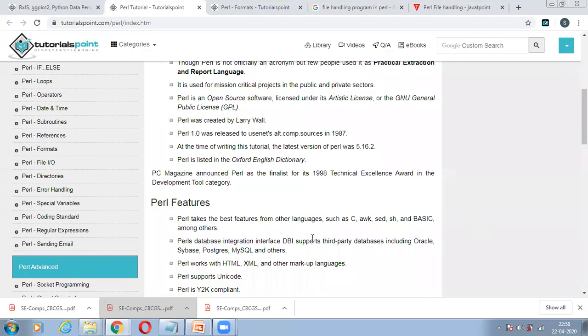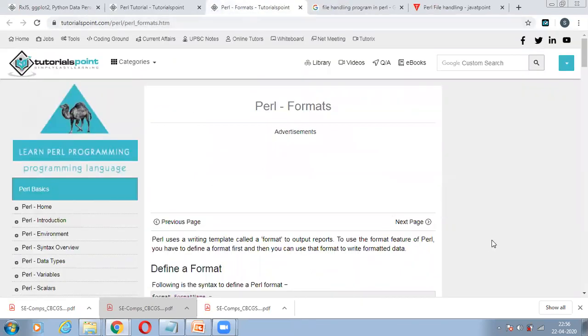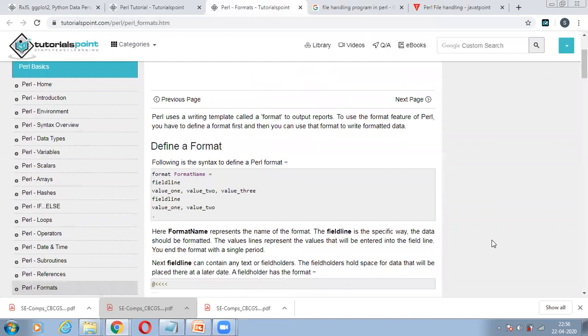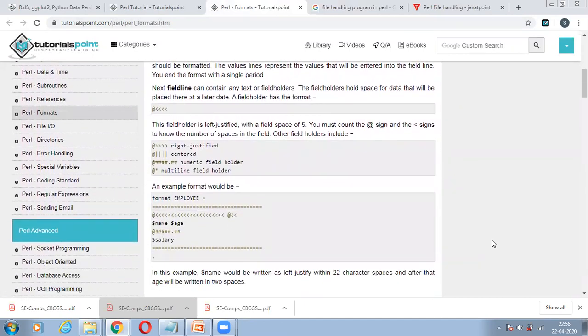Alright guys, so here again we are, and we are going to deal with Perl programming with the formats. So formats are nothing but the beautification of any programming language, a proper way of handling the data in which we want to represent it on the output screen, right? So this is how the formatting is being done. In Python programming, we have an inbuilt structure of doing it in a step-by-step case, right?